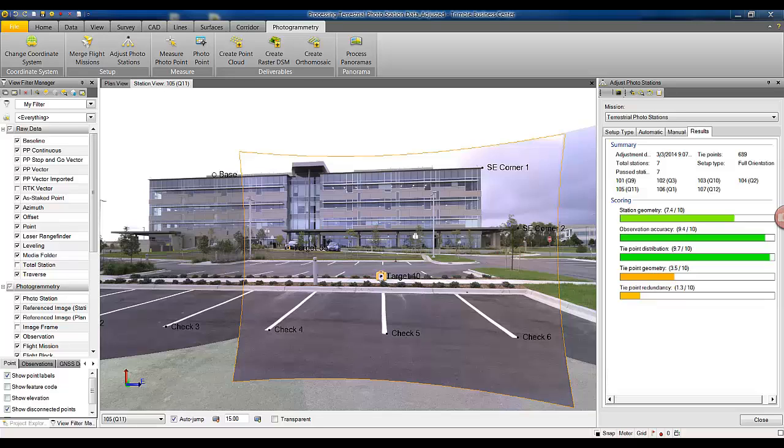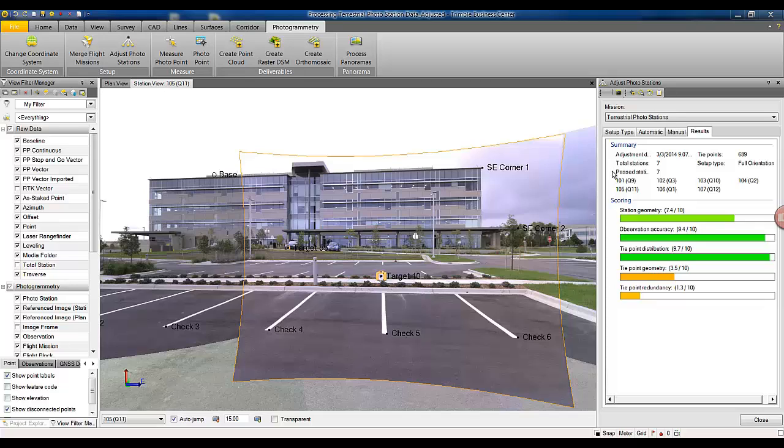This video describes some of the elements of Terrestrial Bundle Adjustment Report after processing Trimble V10 imaging rover data in Trimble Business Center version 3.11. In the Adjust Photo Station command, there is a Results tab with the summary information describing adjustment details, total number